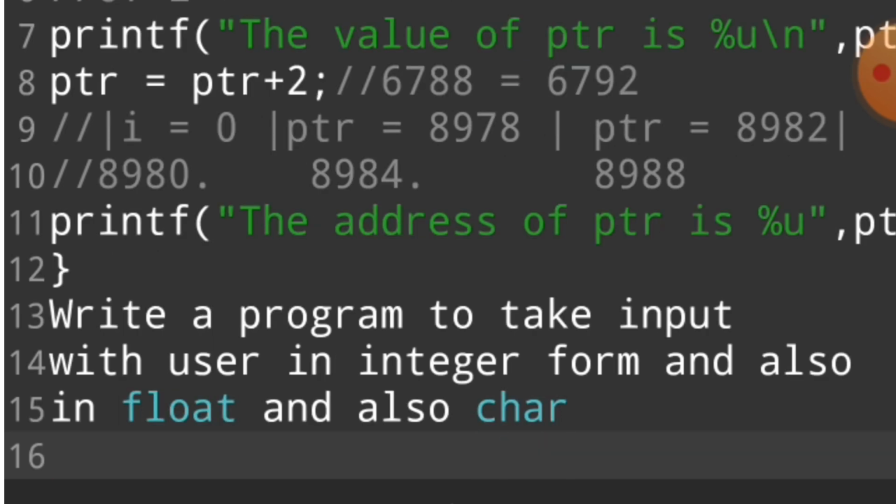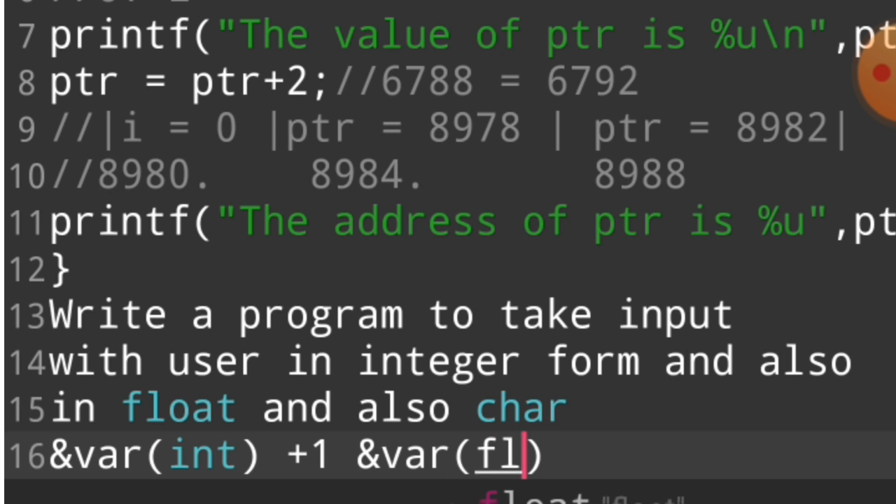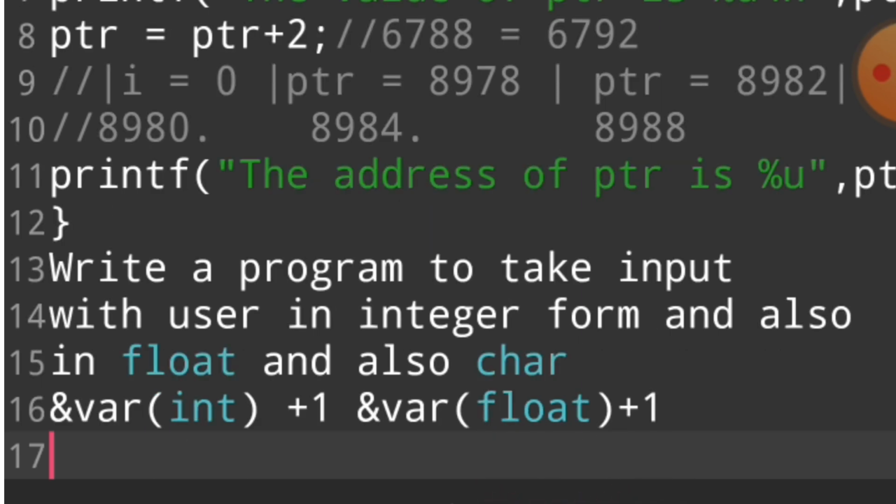And then see what happens if you add 1 or 2 to the address of a variable, for example an integer. If we say address of the integer variable plus 1, and then the address of the float variable plus 1, and the address of the variable in character form plus 1, when you print this program, see what happens.